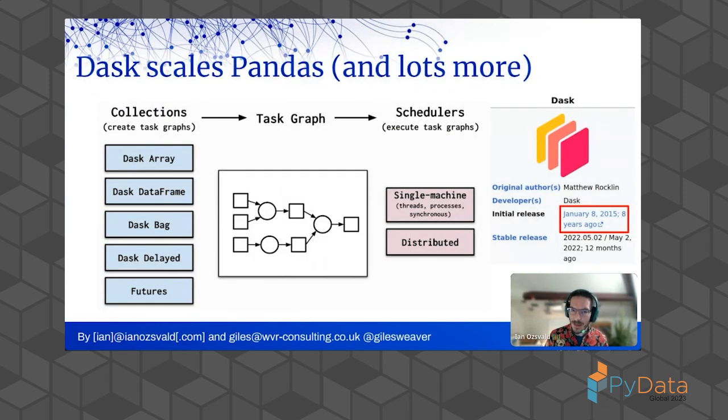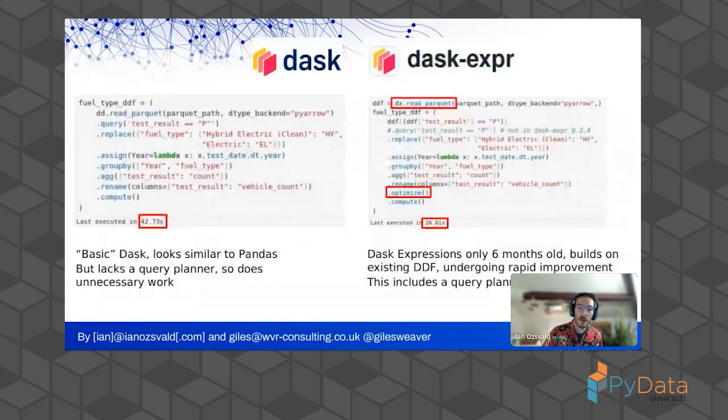How would we do this with Dask? And what is Dask? Dask scales Pandas and it scales other tools. It's often known for being the Pandas scaler, but actually it scales NumPy with the array module, and it scales regular Python containers with the bag, and it provides distributed computation regardless of data science tooling with delayed and futures. You make a task graph, you then execute that on a single machine or multiple machines, and maybe your data is distributed on multiple machines or is accessed from different sources, and then you get an output. If you're doing a Pandas-like operation with a distributed data frame, you get a Pandas data frame result back.